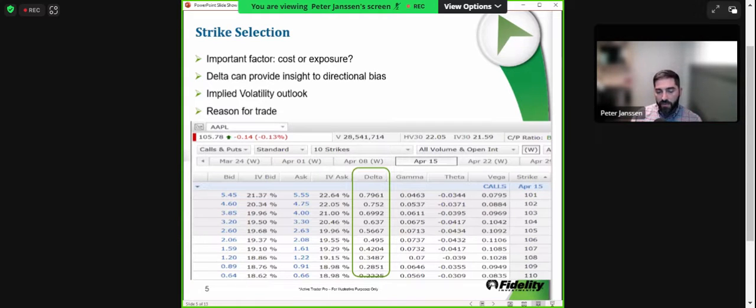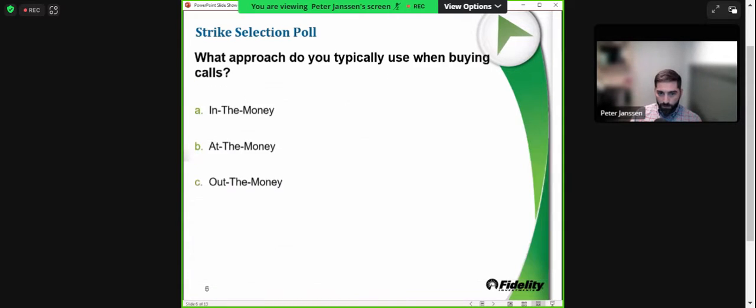And I think that also goes back to what we discussed before, kind of in my ho-hum example of, yeah, I'm thinking a stock's going to meander its way higher over the course of the next year or two. A contract that goes out a month, probably not going to be the one that fits the mold. If, however, you're thinking that there's going to be a pretty sharp move higher in short order, maybe you can withstand the theta decay that you're going to have because you really only plan on being in the stock for a week or two, which is why being able to get your desired deltas and weather the storm of any type of theta decay might be what is worth it for you.